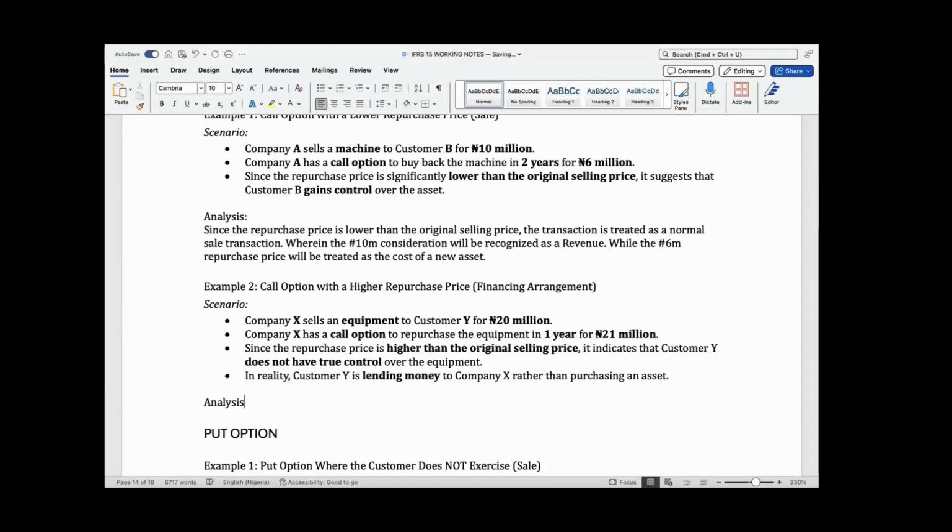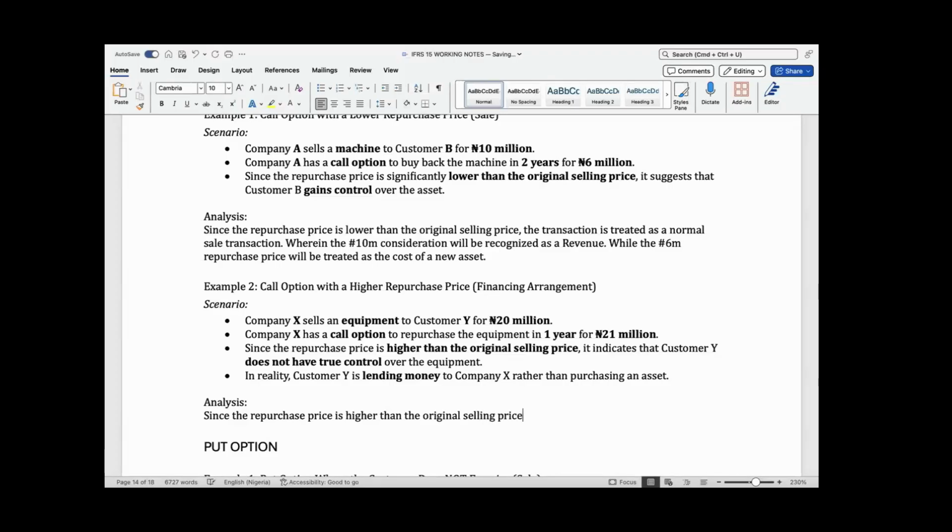Yes. So the last 2 points have given us a clue that since the repurchase price is higher than the original selling price, then this transaction is treated as what? As a